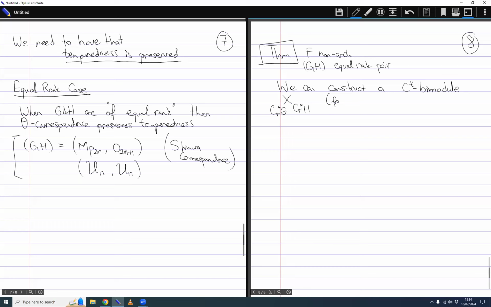constructed from the oscillator representation. So I essentially take the smooth oscillator representation, the Schwartz space that these groups act on, and I do a certain completion. That's because I'm using C-star algebras. It's a little bit more complicated, but we can construct a C-star bimodule such that now there is an induction functor that you can construct, which goes from the tempered dual of one to the tempered dual of the other, such that